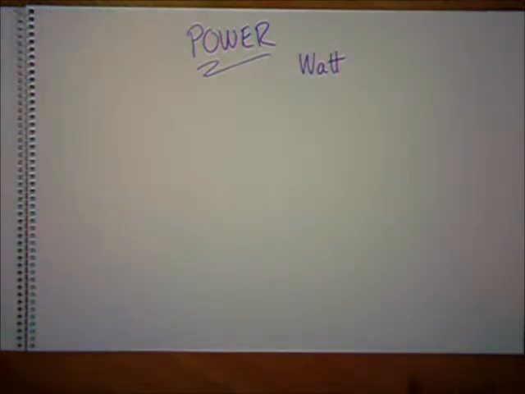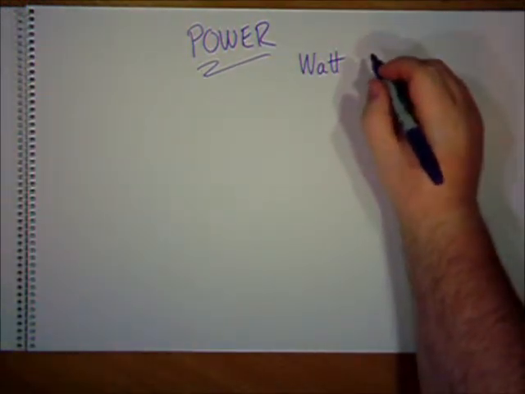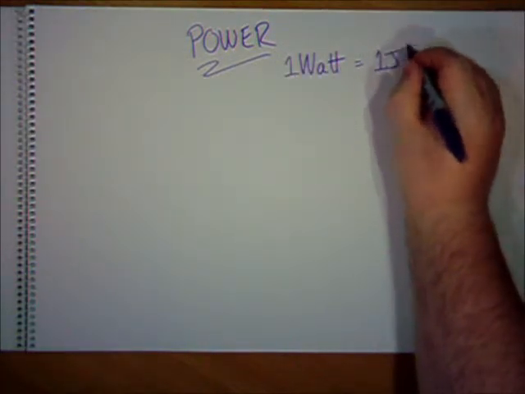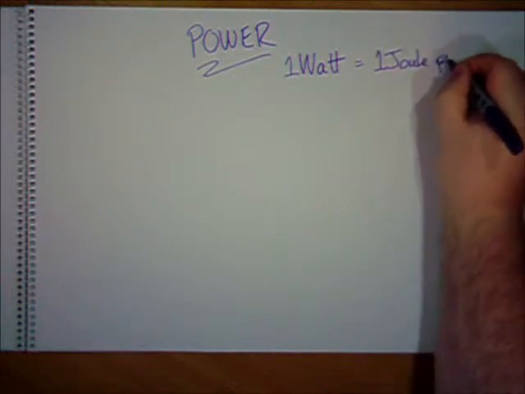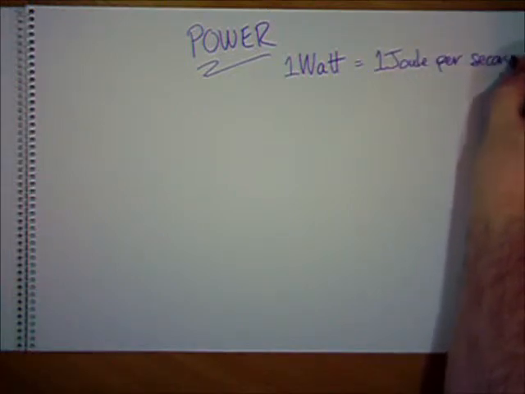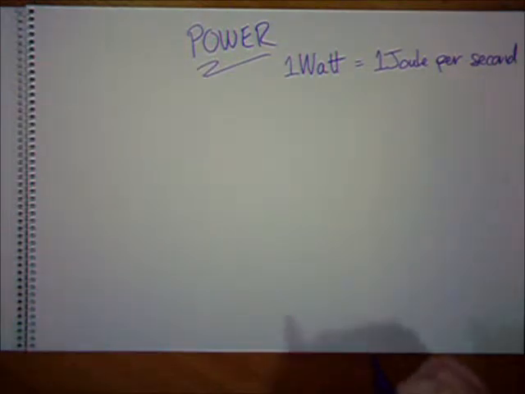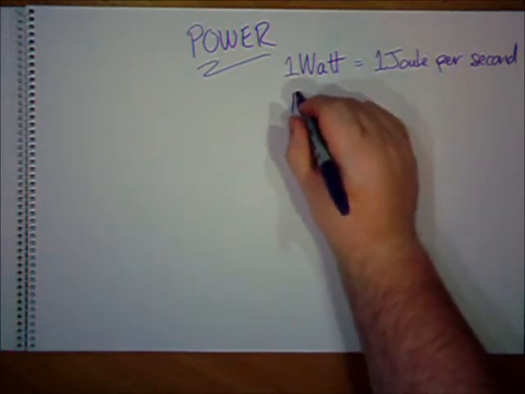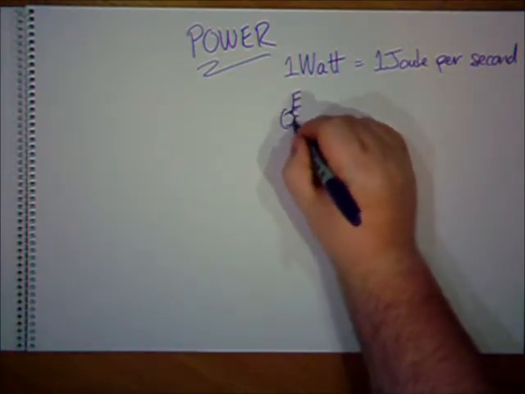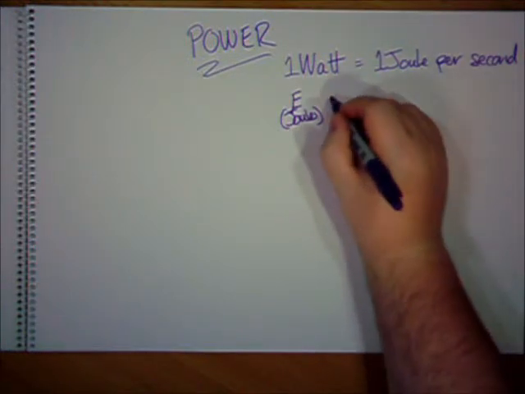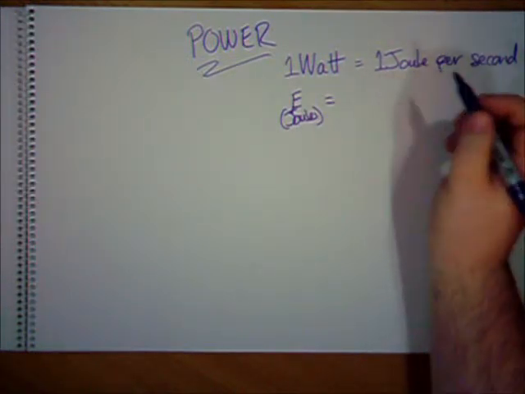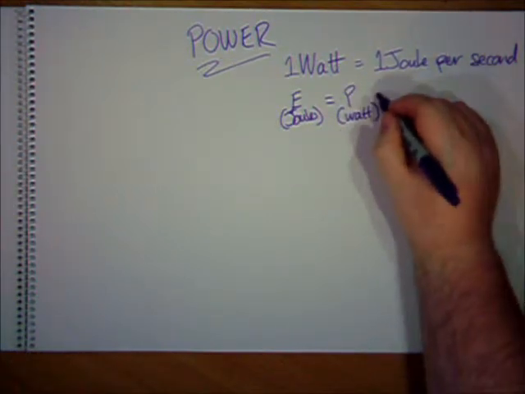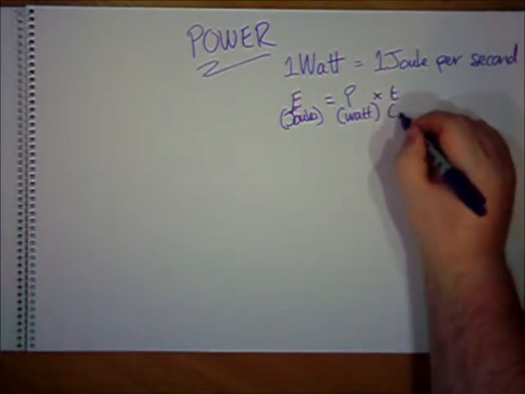The unit of power is the watt, named after James Watt, and 1 watt equals 1 joule of energy per second. So if we wanted to work out the amount of energy that had been transferred or transformed, for example, we'd use this equation. Amount of energy in joules equals power in watts multiplied by the time